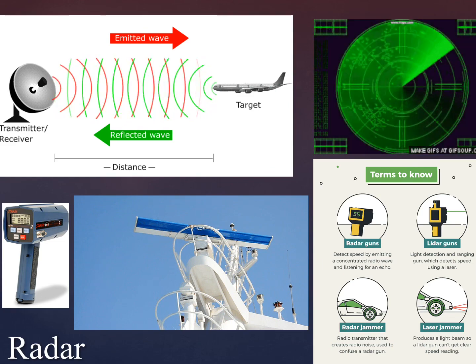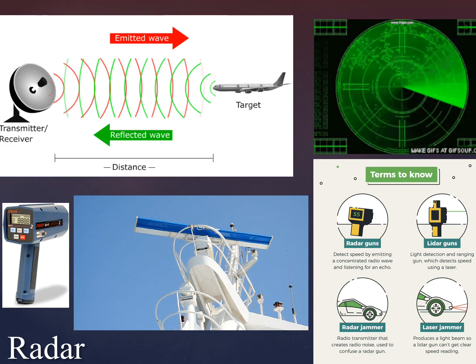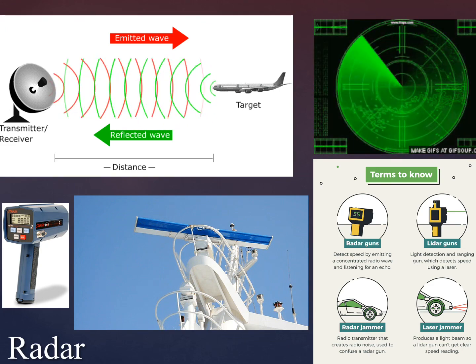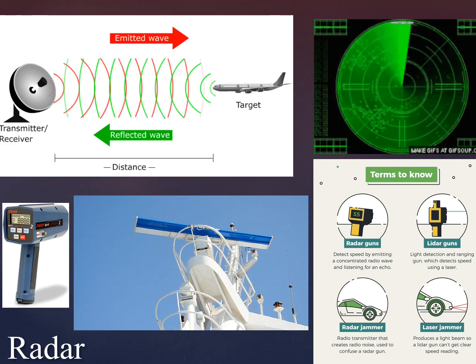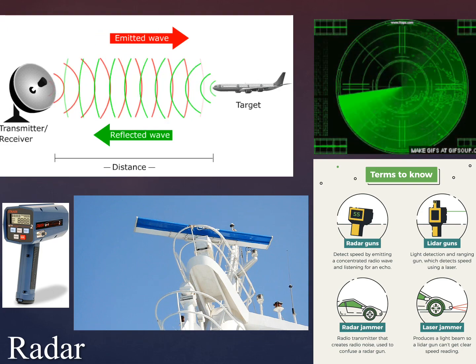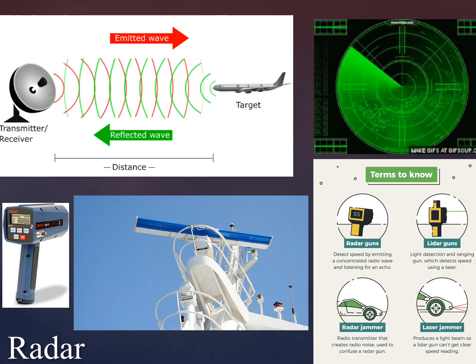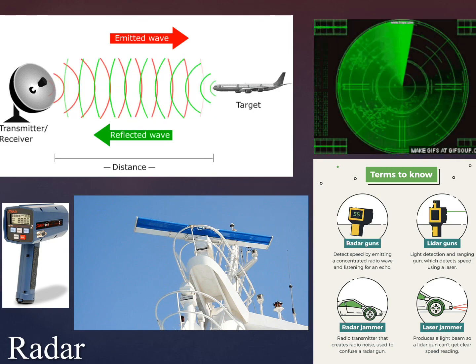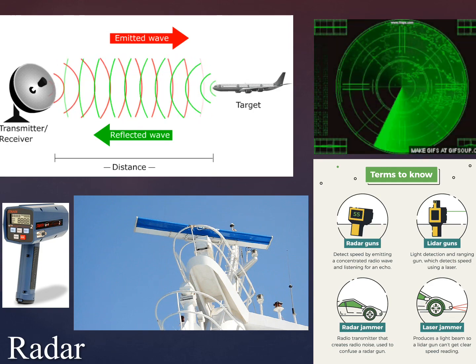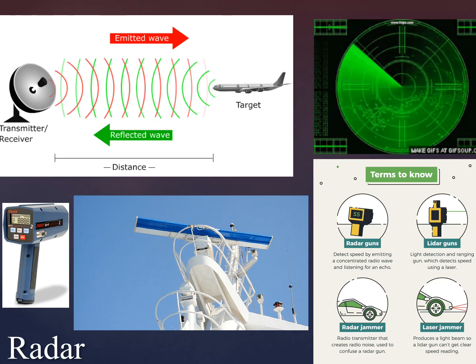So the radar gun sends out microwaves that reflect off the car and return to the gun. So it reaches the car and goes back to the gun. The reflected waves are used to calculate the speed of the car. We should also say that a radar is used to watch the movement of airplanes, and also it helps ships to navigate at night.